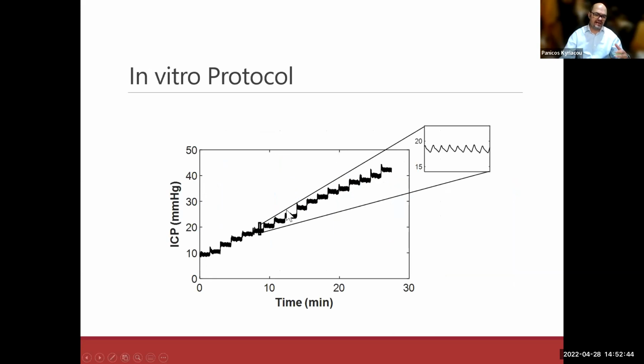You know, a typical ICP for a healthy person is between 7 and 15 millimeters of mercury. Anything above 20, 25, it is extreme intracranial pressure. Probably above here, the patient will probably die. So we can see step changes in ICP, and the PPG is riding on every step of the change of